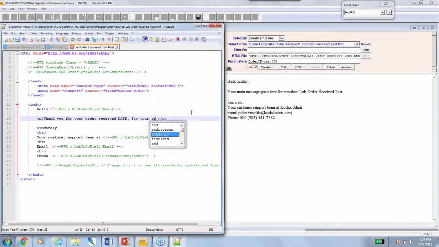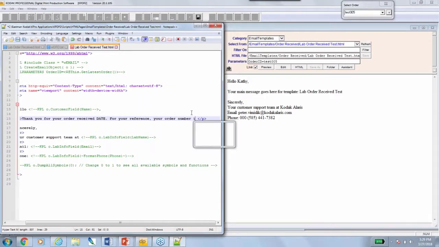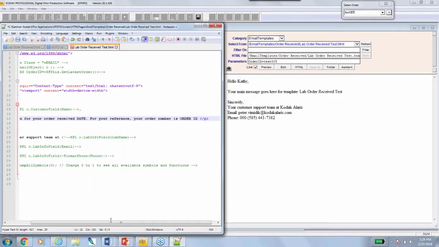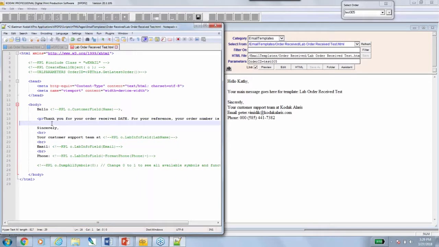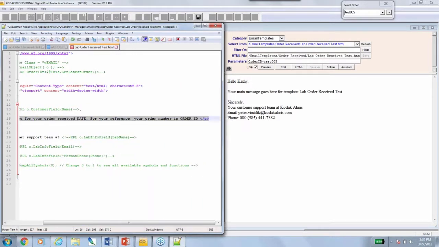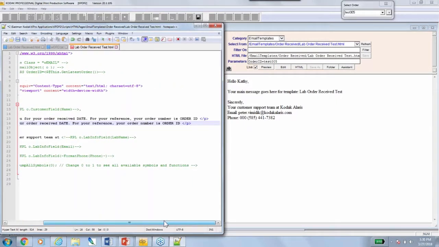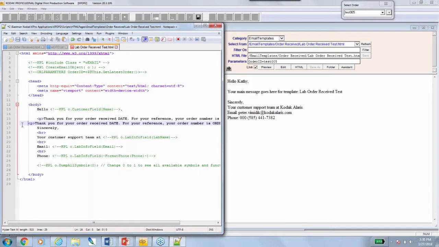For your reference, your order number is, and let's say I want the order ID there. Okay, so I'm just building the template up. This is a paragraph line, so I could copy this whole paragraph line and paste it down here. I'll tab that over just to keep things visually aligned. Let's say, you will receive an email when your order is shipped